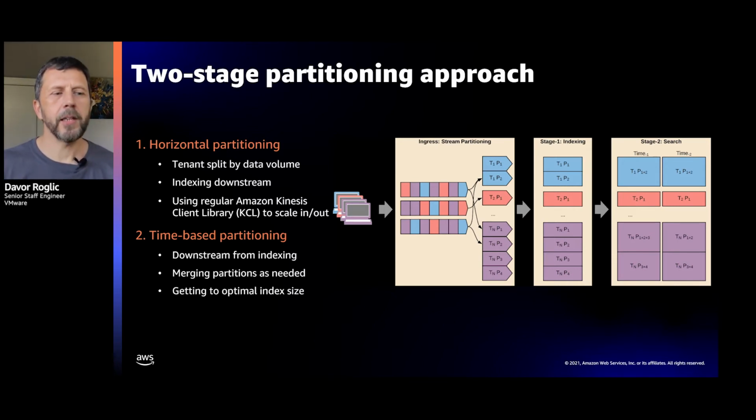We need to physically store the data into separate data stores. The answer for that, for us, was Kinesis, right? So we use a Kinesis Stream to do that. We utilize the main feature of Kinesis, which is physical shards, right? So each shard will map to the corresponding logical partition, and each partition is going to have the same bandwidth and size. This ultimately ensures that each shard is approximately equal, produces equal size index, and we can benefit from that downstream.